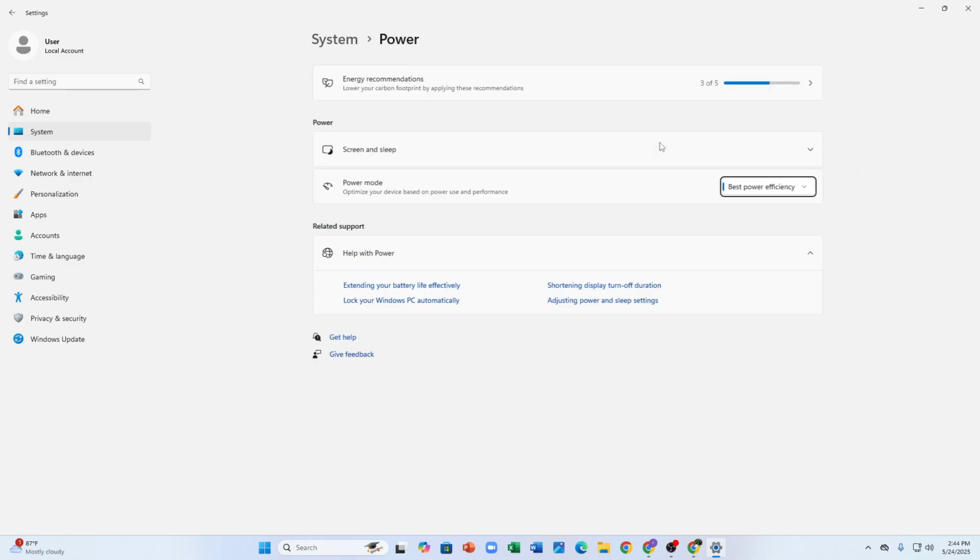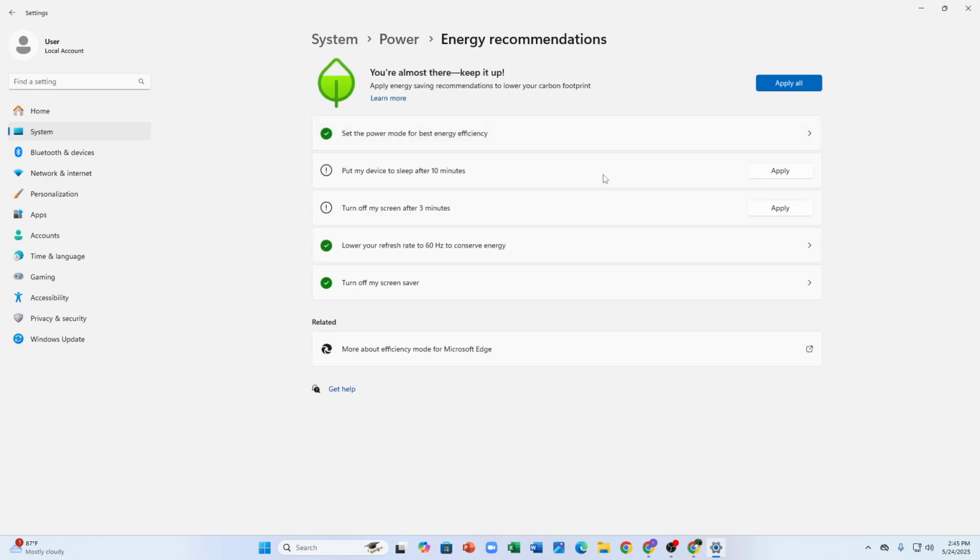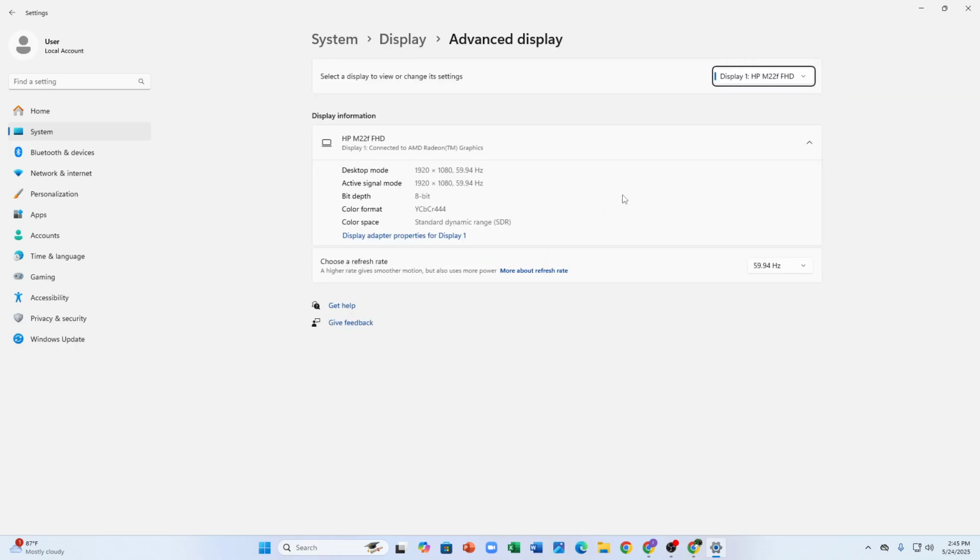Here you can see set the power option. It took me to the first page, and here are other options like put my device to sleep after 10 minutes, you can apply it. Turn off my screen after 3 minutes, you can also apply it. And lower your refresh rate to 60 Hz to conserve energy. If you select that, you can just select 60 Hz to consume less energy,